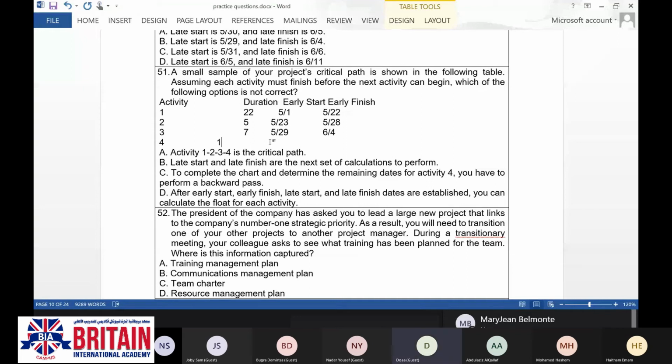I think A is wrong. 1, 2, 3, and 4 is a critical path. So all the activities are on the critical path. So I think this is not correct.